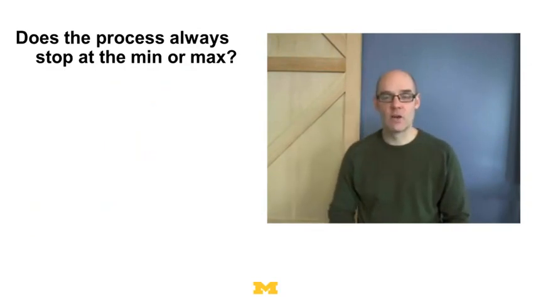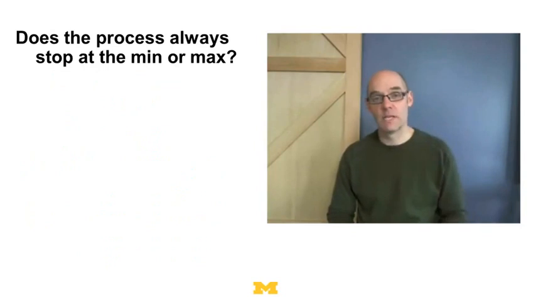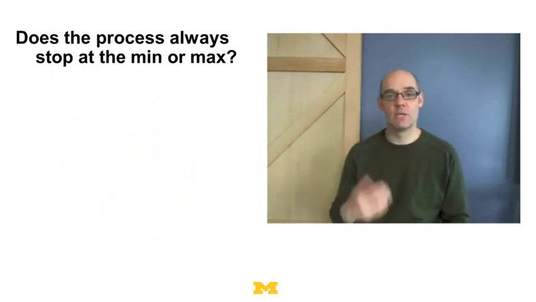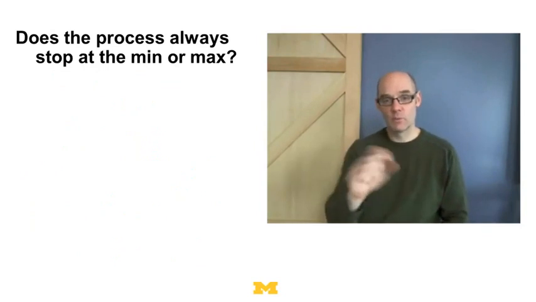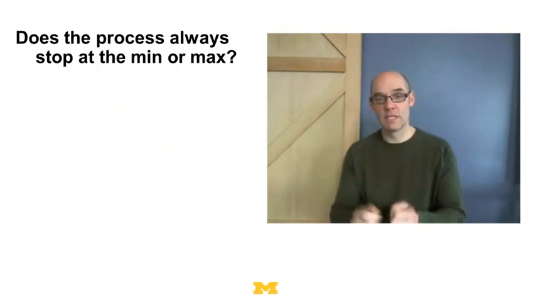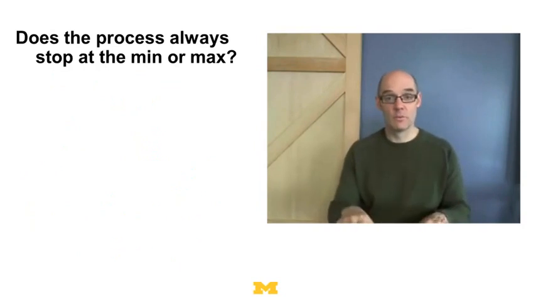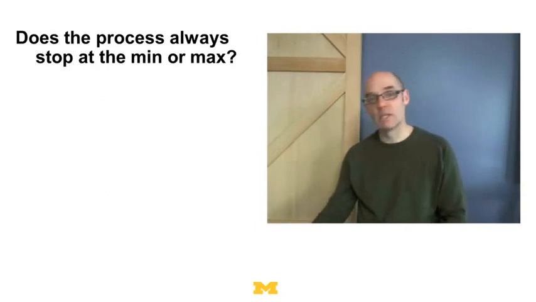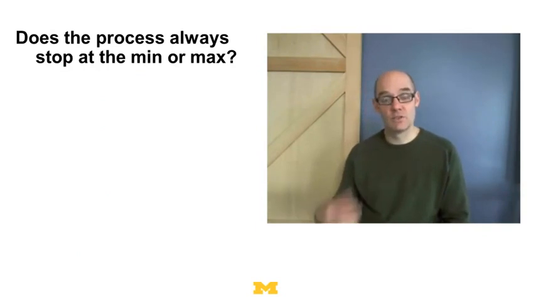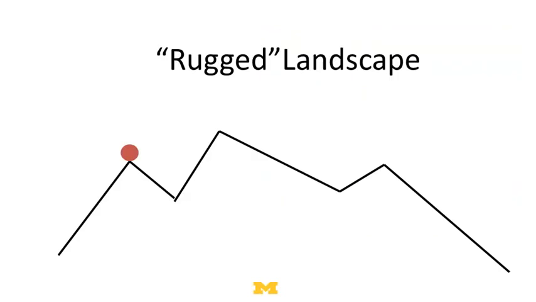The other question is a little bit harder. And that is, does the process necessarily reach a max or a minimum? And the answer here is going to be no. Now that first one we did, where people were choosing routes in terms of where to go in the city, that one did go to a minimum. It did go to an efficient case always. We didn't prove it, but you can show that that's true. But generally that's not going to be the case. Generally it can be the case that a process can get stuck someplace less than the max.